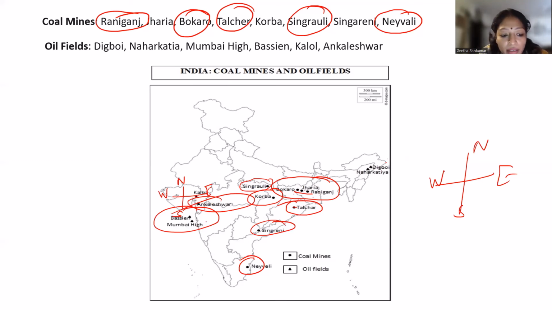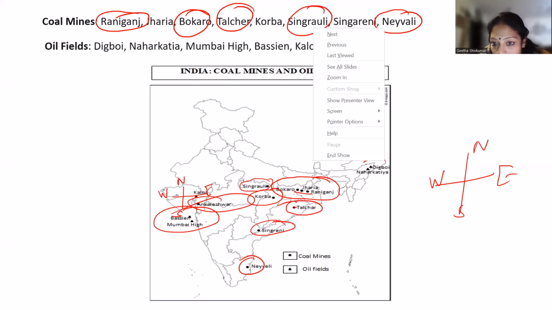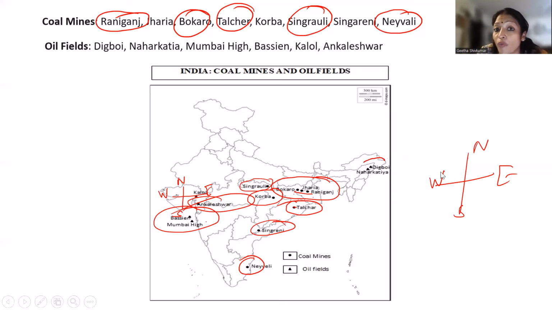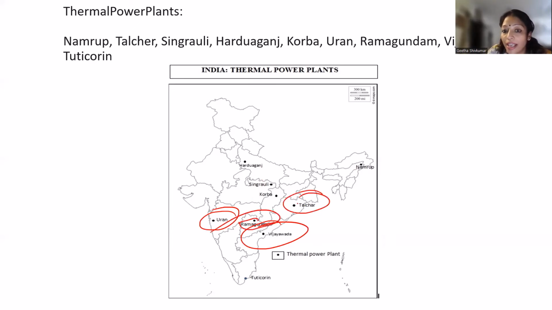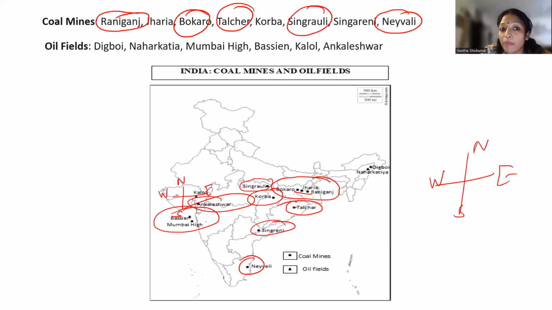And Digboi, this one is in Assam. Digboi is also very important. This place always comes in the exam. Next is thermal power station. Thermal power plants: Uran, it's in Maharashtra. Vijayawada, we all know, is in Andhra Pradesh. Then you have Telangana, Ramagundam. Then Talcher, again, Talcher is the same. Talcher can come as a thermal power station,